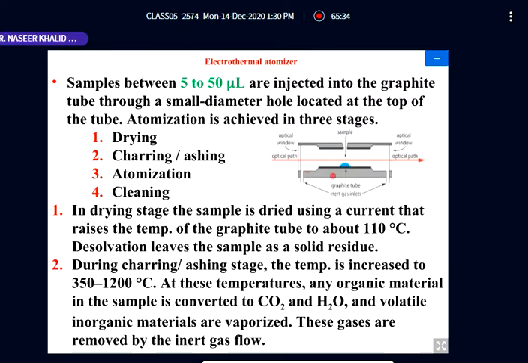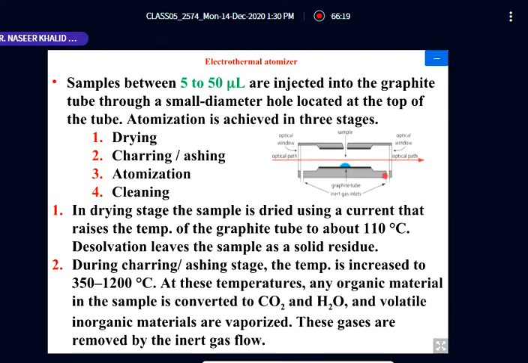This is again the same figure. We inject a quantity of 5 to 50 microliter, for example 5, 10, 20, 40, 50 microliter, not more than that. The sample is injected through a small aperture, a small diameter hole located at the top of this tube, from where we can pass the solution to be analyzed. And then